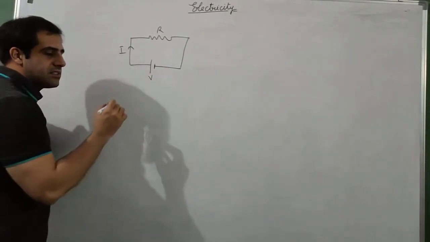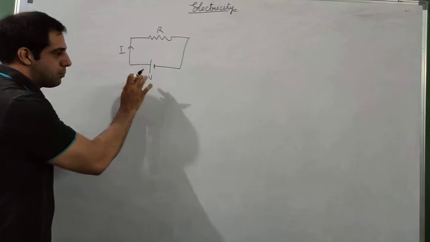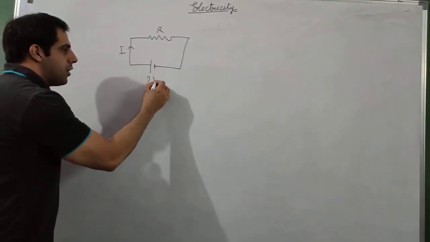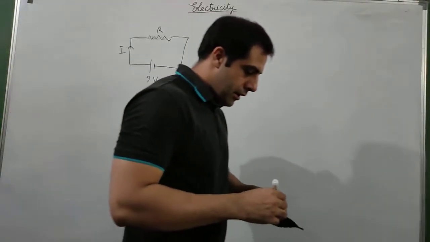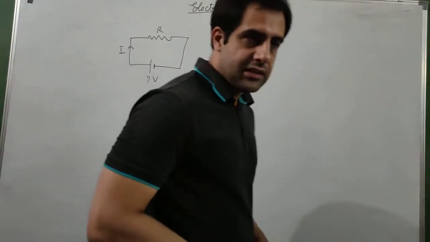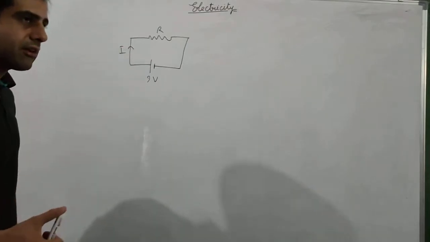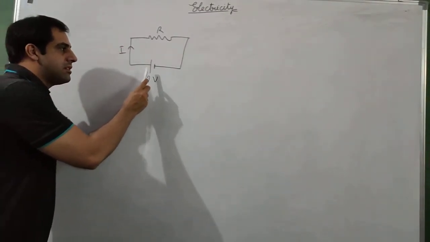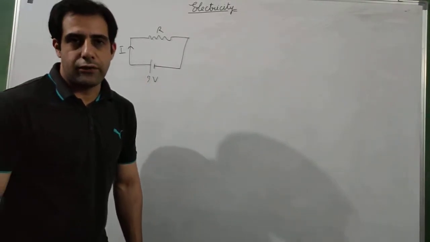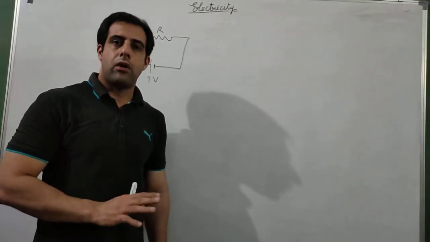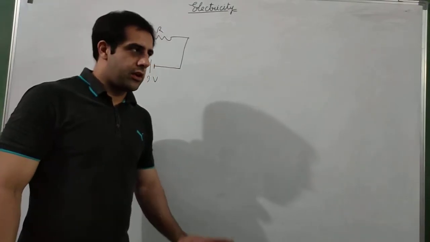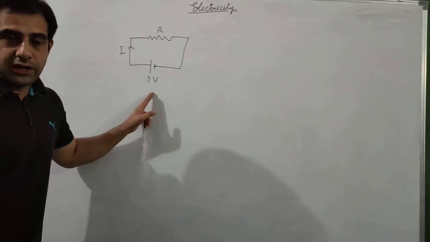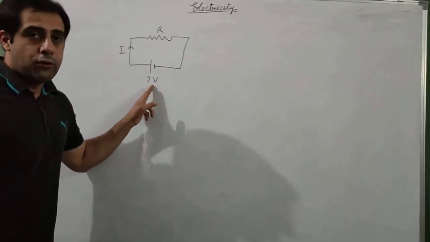Also, let us discuss a bit more about this potential. Now, if I say that I have a battery of 9 volt, we all have batteries, dry cells that we use for different small electrical devices. One of them is of 9 volt. Now, what does this mean? This means this battery is creating a potential difference of 9 volt. This we have already discussed in one of the previous videos about potential.